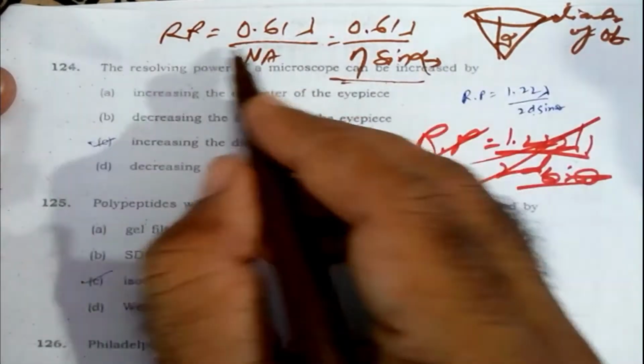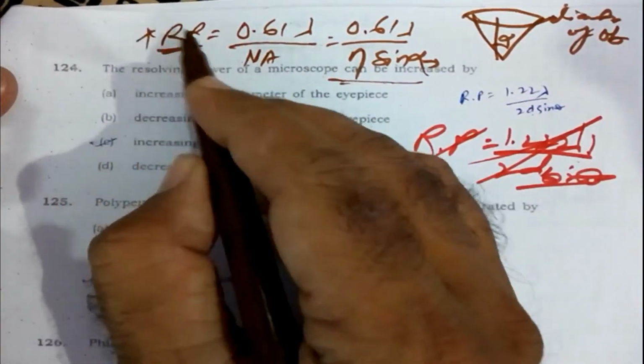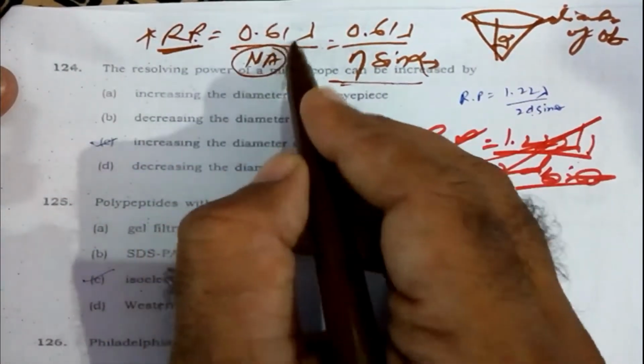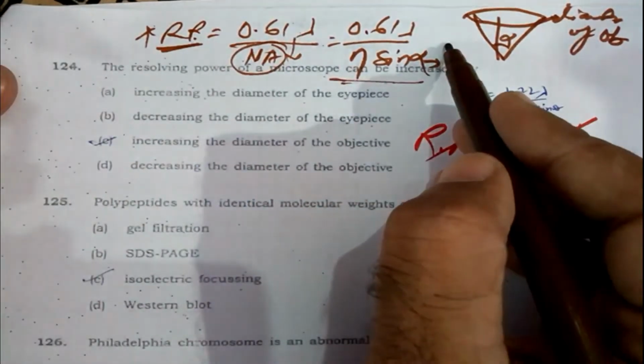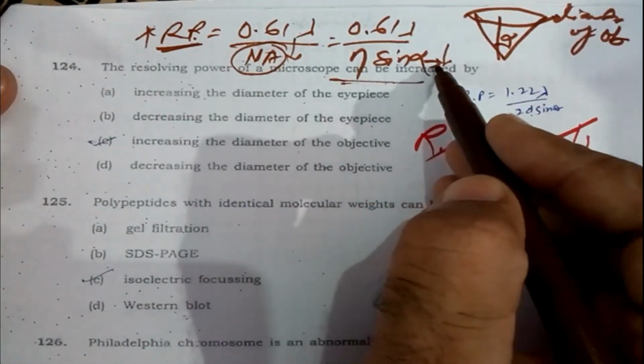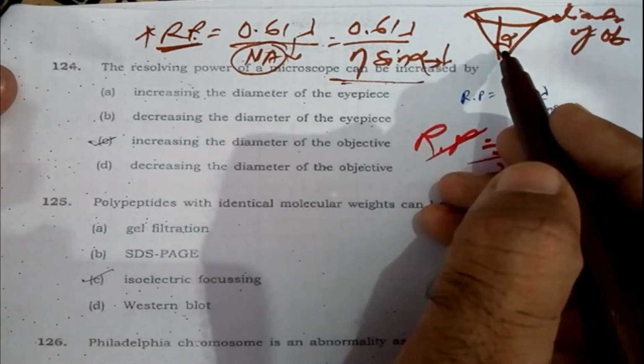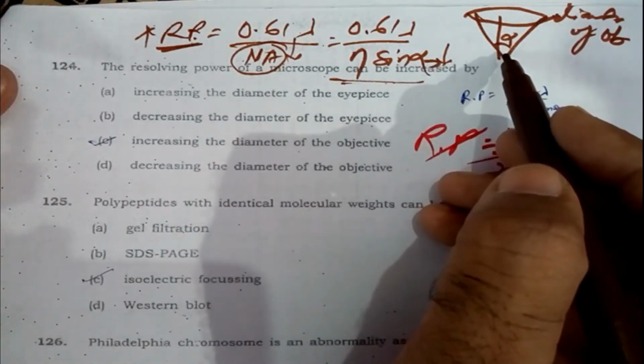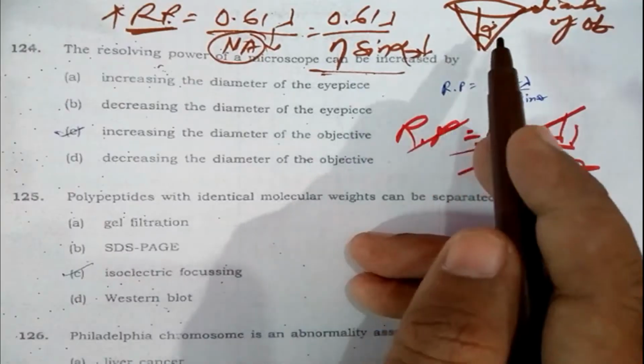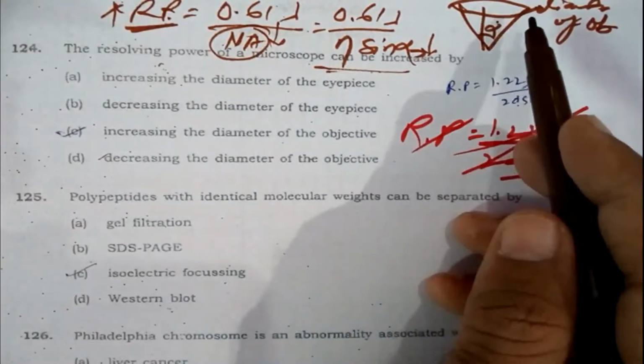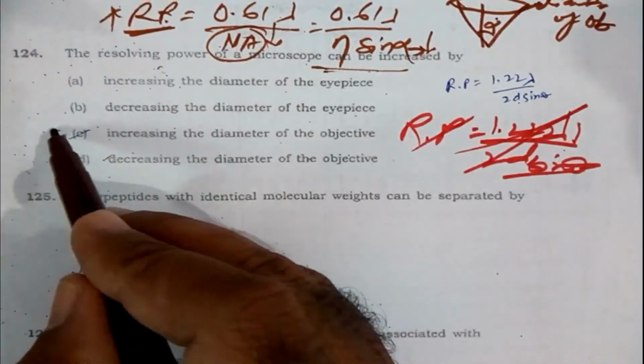So resolving power can be increased by decreasing the value of NA, and decreasing NA means alpha should be decreased, and alpha can be decreased only when the diameter... So if you are going to increase the diameter, then it will increase the